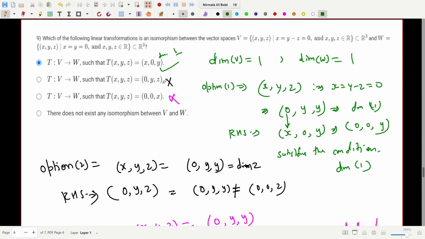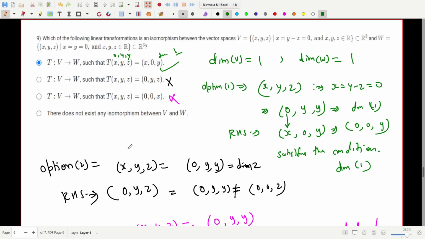Option 1: x comma y comma z where x is equal to y minus z. So it will be 0, so it will be 0 comma y comma y. Dimension 1. On the right hand side, x comma 0 comma y will be 0 0 y. So dimension 1. Right. Option 2: x y z is equal to 0 y y,